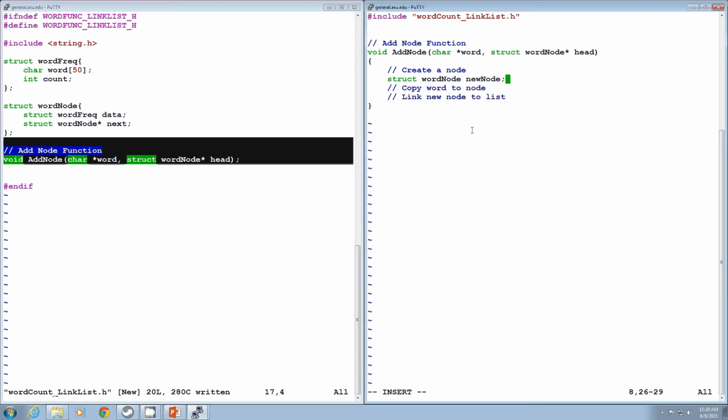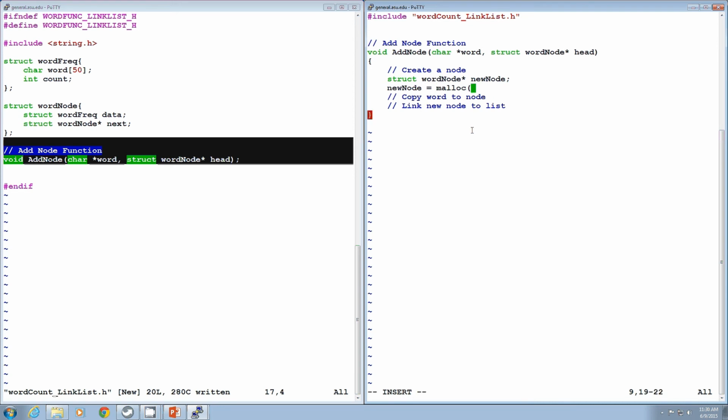So how can we make it so that it does persist? Make it a global variable? Not a global. In the header? Well, we could do it that way, but we want to create a whole bunch of these, right? So every time we run this function, we want to create a new one, not just one. What can we use to do that? Yeah, we want to use malloc. We want to use dynamic memory allocation, right? So we're going to turn this into a pointer. So new node is a pointer to our new node, and then we can create it by doing new node is equal to